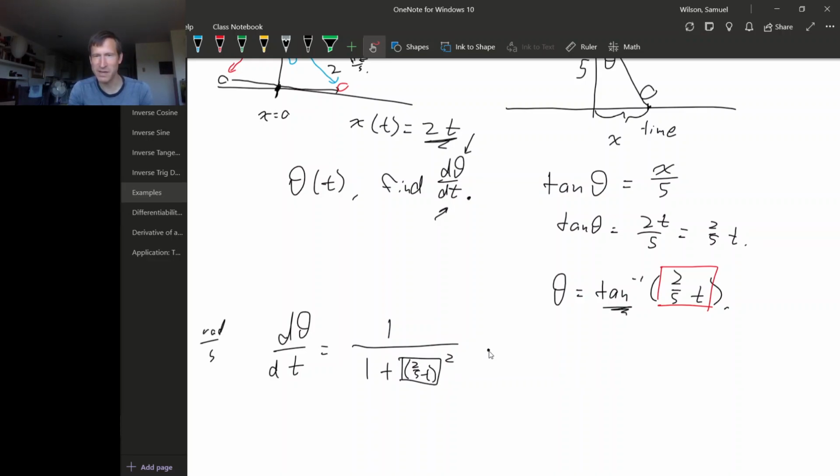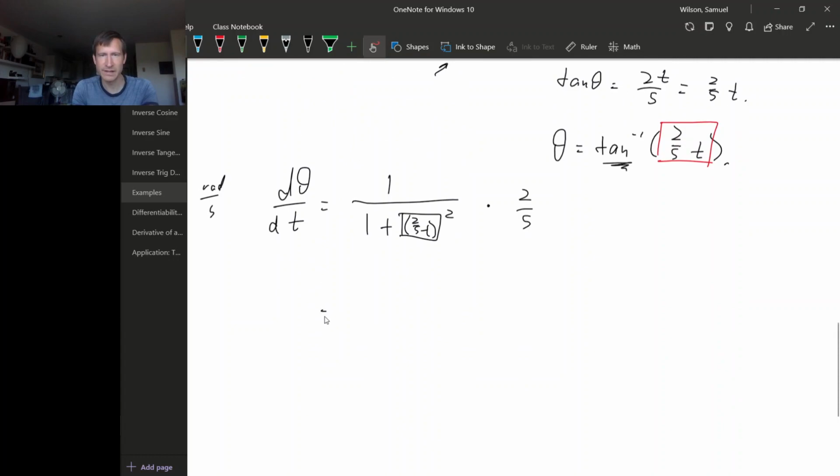And then multiply by the derivative of the inside, and the derivative of 2/5 t is just 2/5. So we get 2 over 5 times 1 plus 2/5 t squared, that's 4/25,